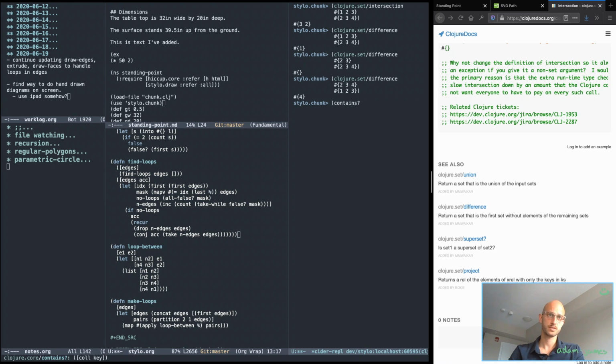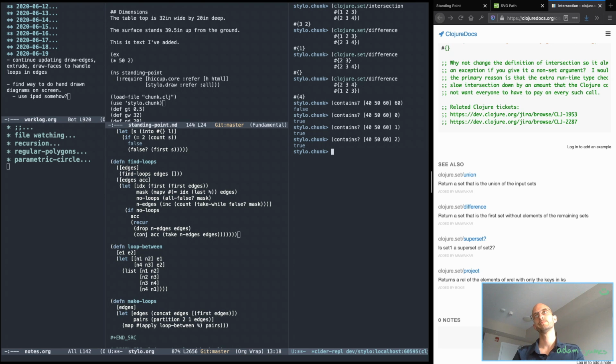And if I do contains, right, it takes a collection and a key. So if the collection is 1, 2, 3, no, let me make it 40, 50, 60, right? If I ask if it contains 60, this will say no, it'll be false because it contains 0, 1, and 2, which are the indices of those things. So if I wanted to do that the way, I'd have to do into map